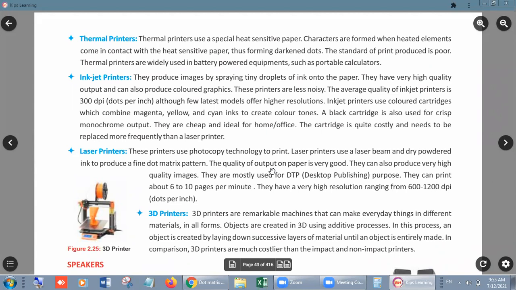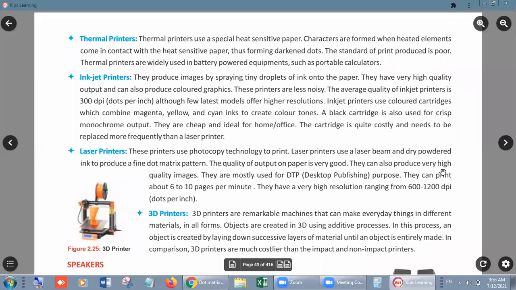So the same technique is used by the laser printer. When you give any command from the computer, it stores all the image at once, and after that it automatically makes a copy of the paper or of the file which you gave the command to the printer, right? Now what was the quality of it, or what is the quality of it, you can say.